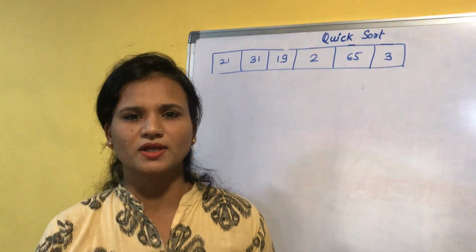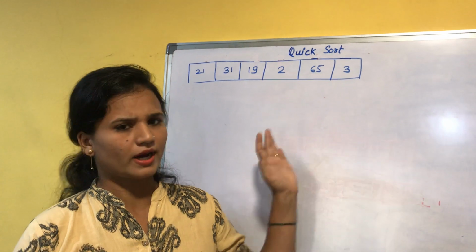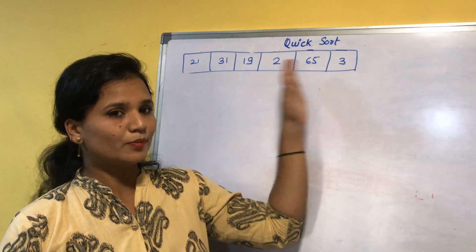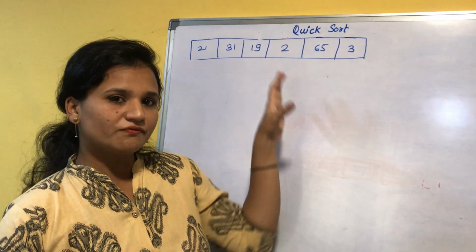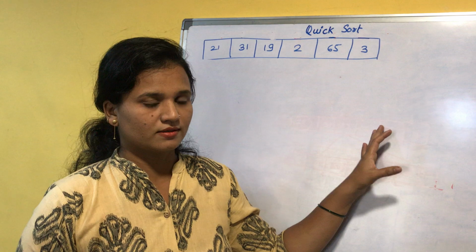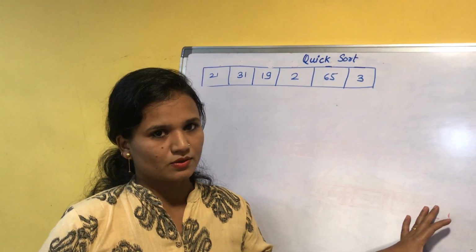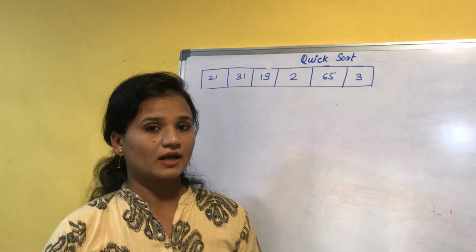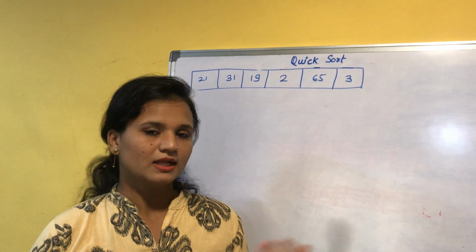So what is the problem and sub problem here? In quicksort, or any sorting algorithm, we can consider it as an array. Here we are taking the problem as an array. This array we are going to divide into sub arrays, and again those sub arrays are going to be divided into sub arrays. So this is how the divide and conquer technique works, and our quicksort algorithm also works on that technique. Okay, let's see how.